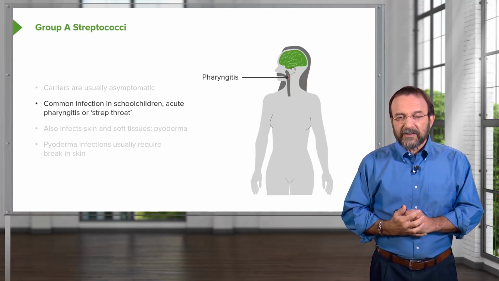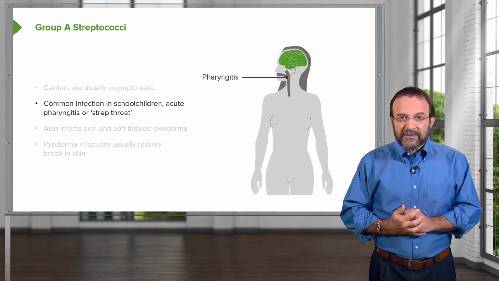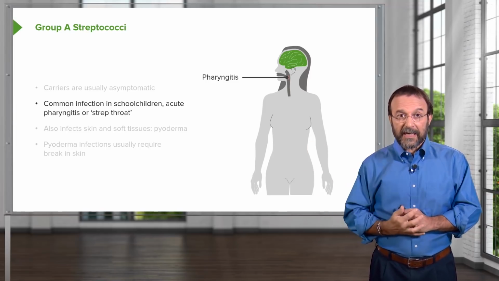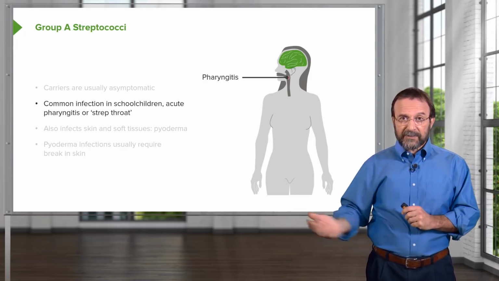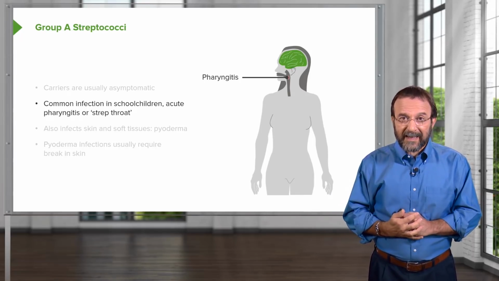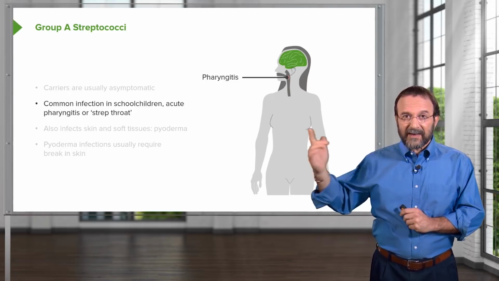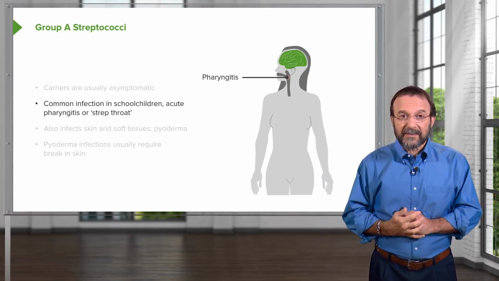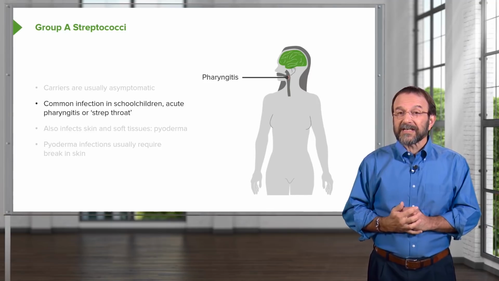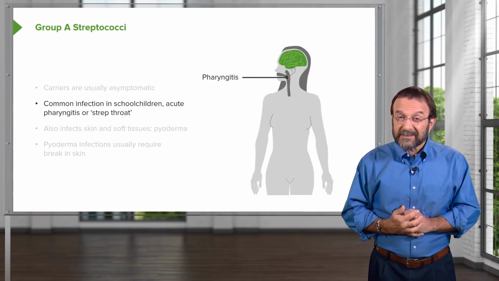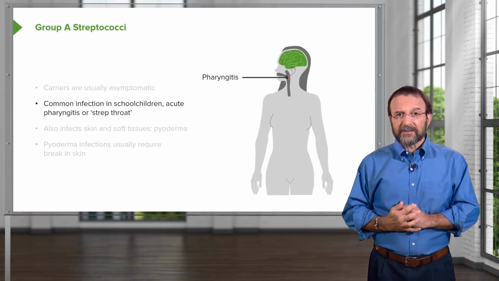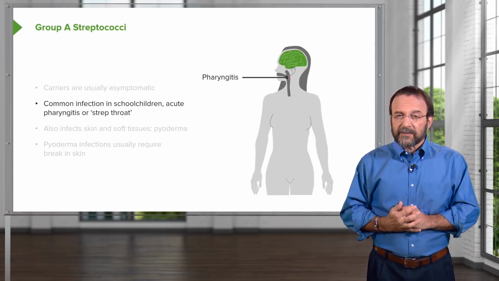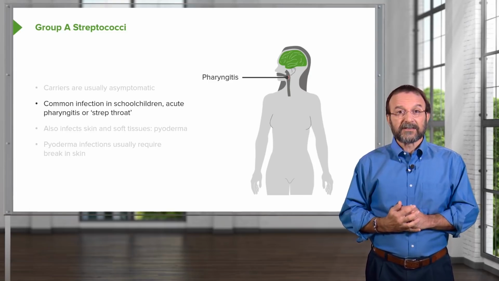And when infection and disease occurs, it's usually in the form of, say, pharyngitis, and this happens in school children. So you may have a class full of kids, 20% of them have Streptococci. You put them together, they infect other kids who don't have the bacteria. They may get pharyngitis. We also call it strep throat. This is a rather painful throat infection. And if you get a throat infection and it's really hurting, it's a good possibility that it's strep throat caused